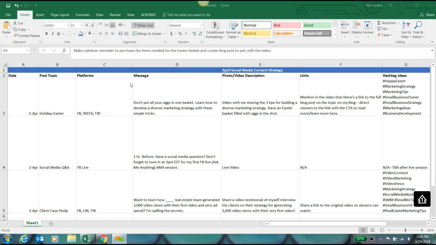The next section is your message. So this is what you're going to say. I can't tell you how many times I've gone to post something just out of being excited to post, and I've overlooked a grammatical error, or I've gone to go back and edit the post because I pushed the publish button too quickly. And I think when we get excited about things, it's easy to do that without making sure that